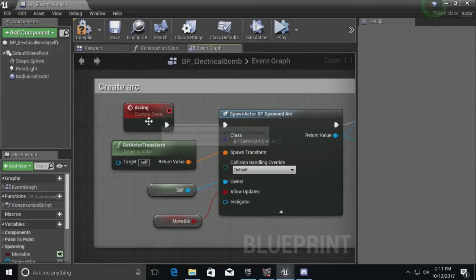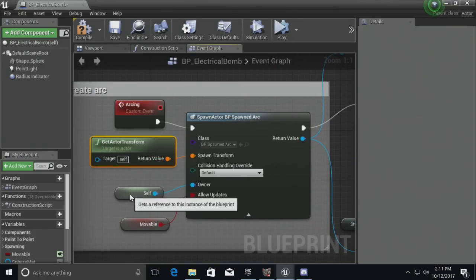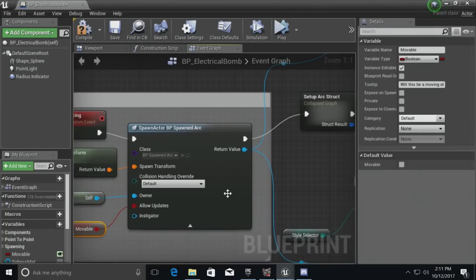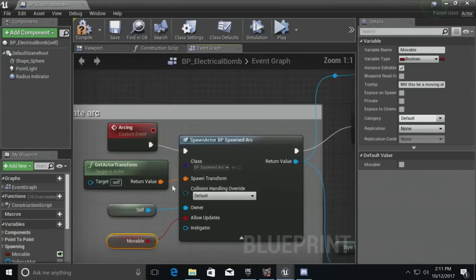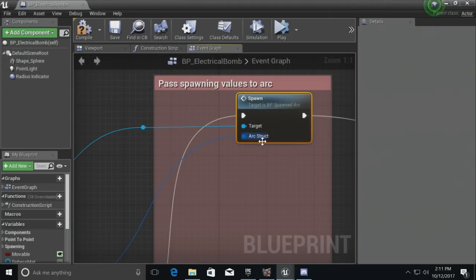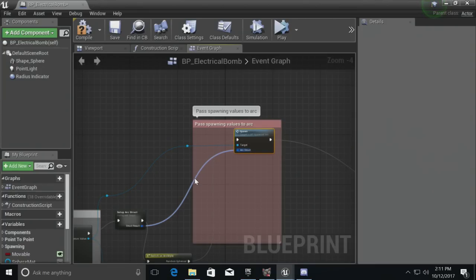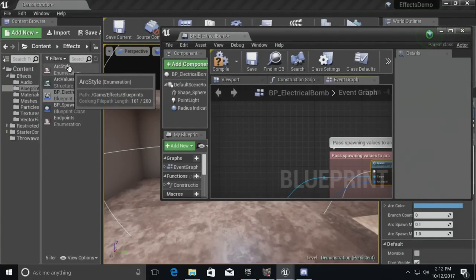It has an arc function that can be called as a custom event. There's some simple data that's passed in, and then once that blueprint is spawned, because I'm actually spawning a blueprint of type spawned arc, I actually pass in a struct that I call on that blueprint. So I have a function here that's called on that spawned arc that's passing in all the data. How far did the radius allow it to strike? What user settings are being passed in? And all of that stuff is contained in this